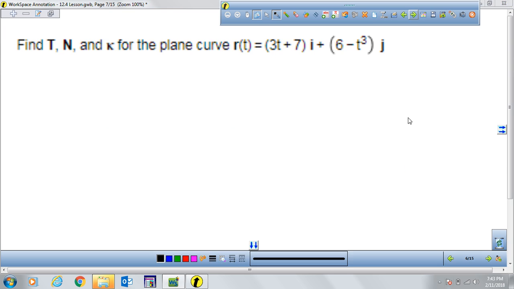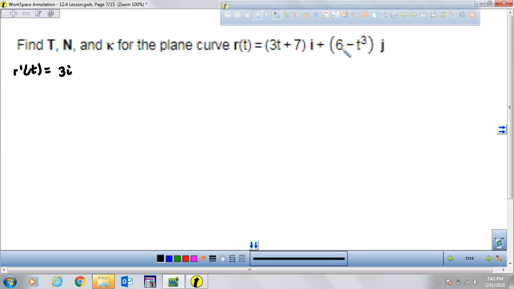Next, let's go ahead and do the same thing here. Find the tangent, the normal, and the curvature. So to find the tangent, we need to find first of all the derivative of the position vector. So the derivative of the position, it would be the derivative of this component, which is 3i, and